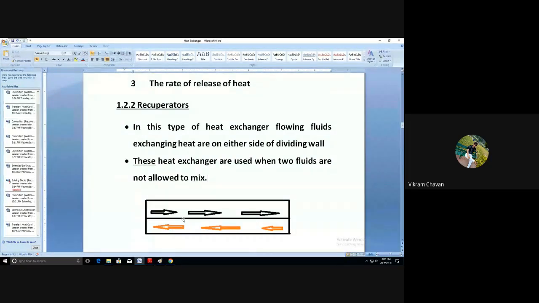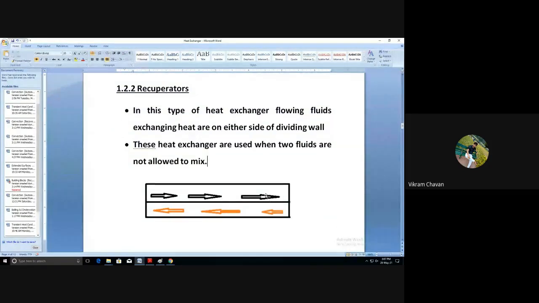to heat up the milk, and concentric-tube-like heat exchangers are used at that place, where from one side hot steam is flowing and from the other side the milk is flowing, and heat will be transferred from the steam to the milk. In such cases we require recuperators, where we cannot directly mix the two fluids. These types of heat exchangers are called recuperators.